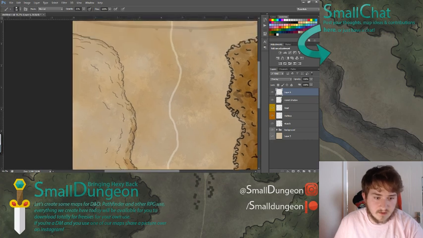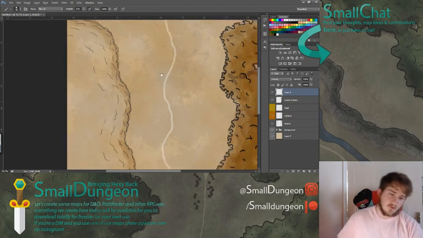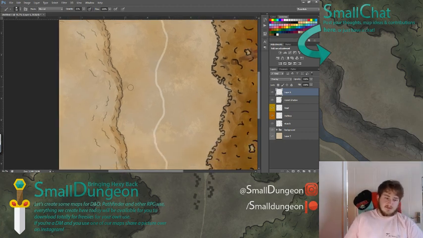Make it a little lighter at the bottom. Lovely, lovely. And then we'll add a small amount of highlights as well to the top,